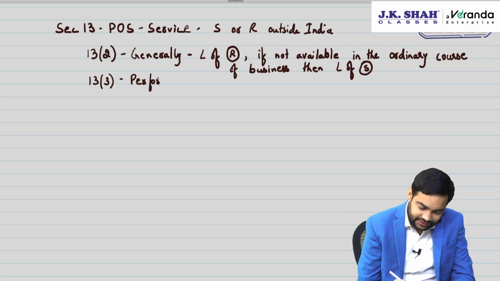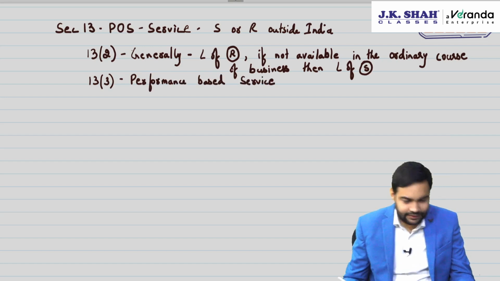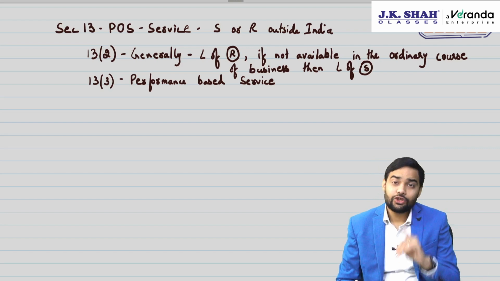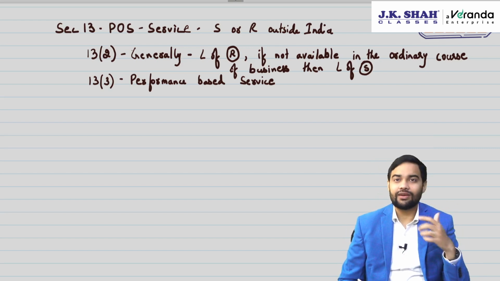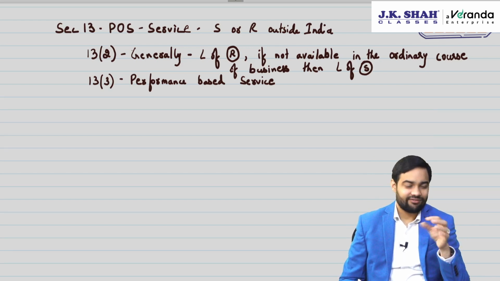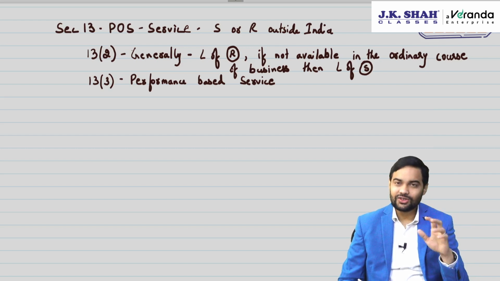Now first understand what is the meaning of performance based service. Performance based service is where the goods are made available by the recipient to the supplier, and the supplier works upon it, like treatment or processing on some goods, or repair of a motor vehicle, where the recipient gives the goods to the supplier and the supplier thereafter works upon it. That is called a